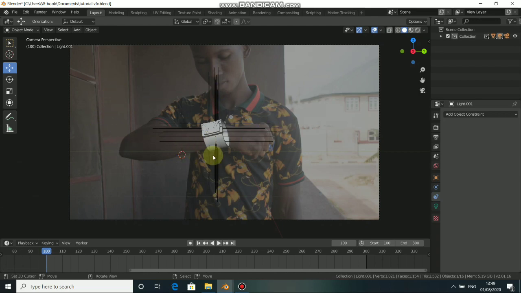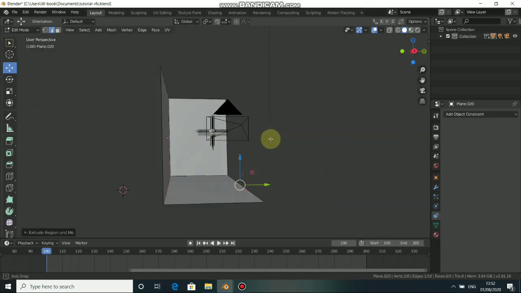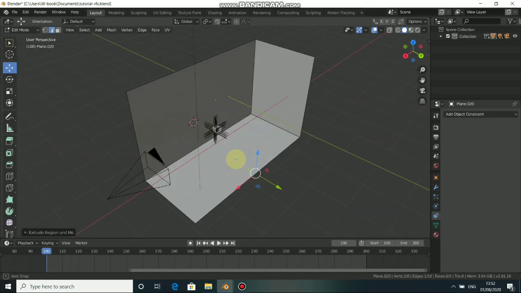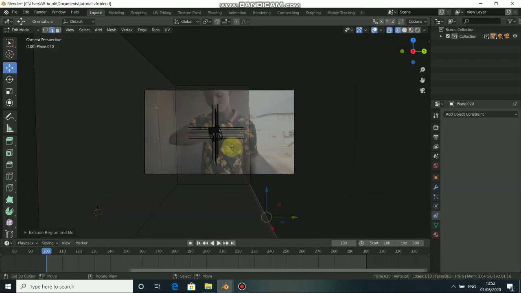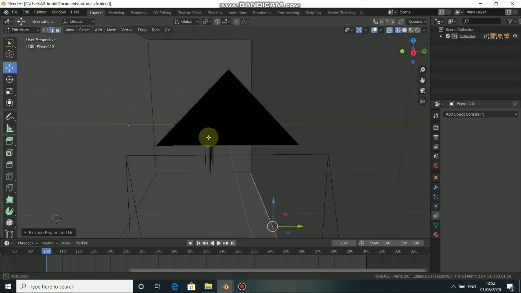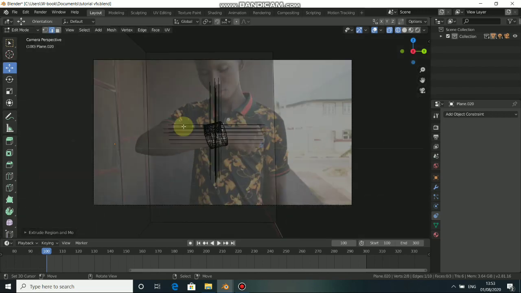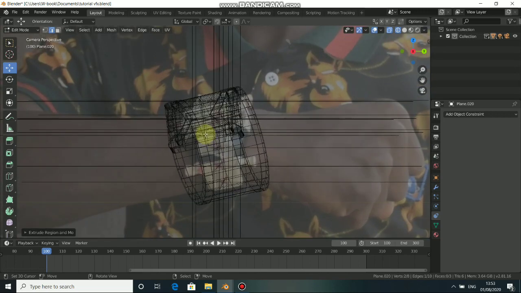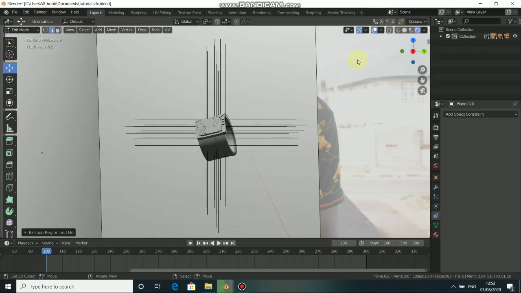Now to do this, we have to create a plane. Just press Shift A, come to plane here. Alright guys, so what I did here is just create a reference environment for the movie clip, just for light interaction and reflection, to make this as realistic as possible. Now when you click on render,